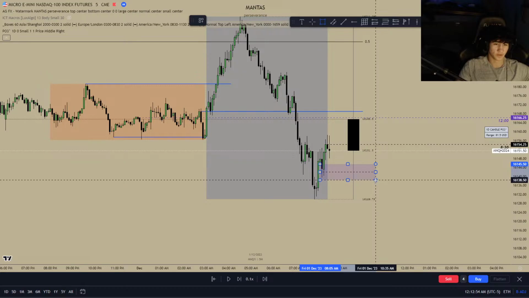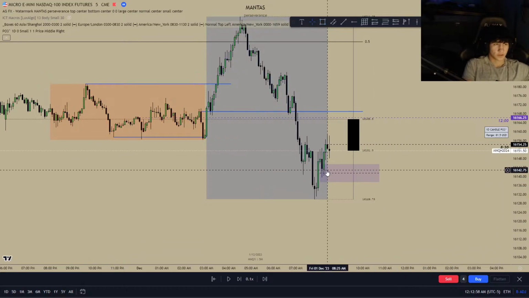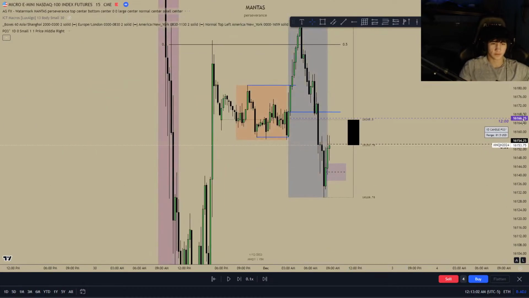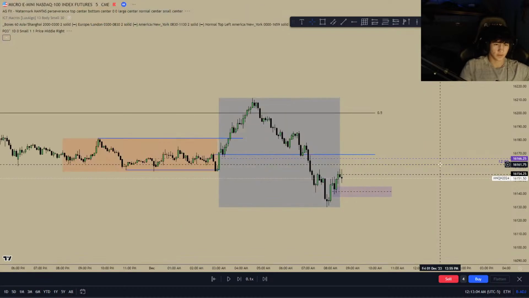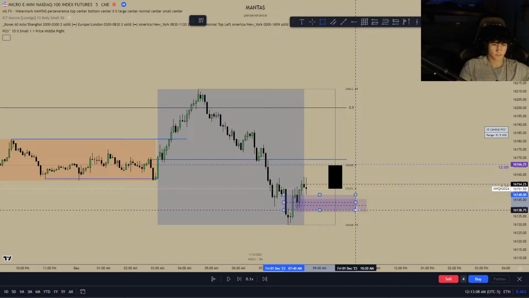Already got a little minute open. Ran into this one. So oh, I can't. You can't go on the 50. You can't go on the 1 minute. I forgot about that. Do the inverse fair value gap on the time frame you're just on. IFVG, you really want to take long off this?